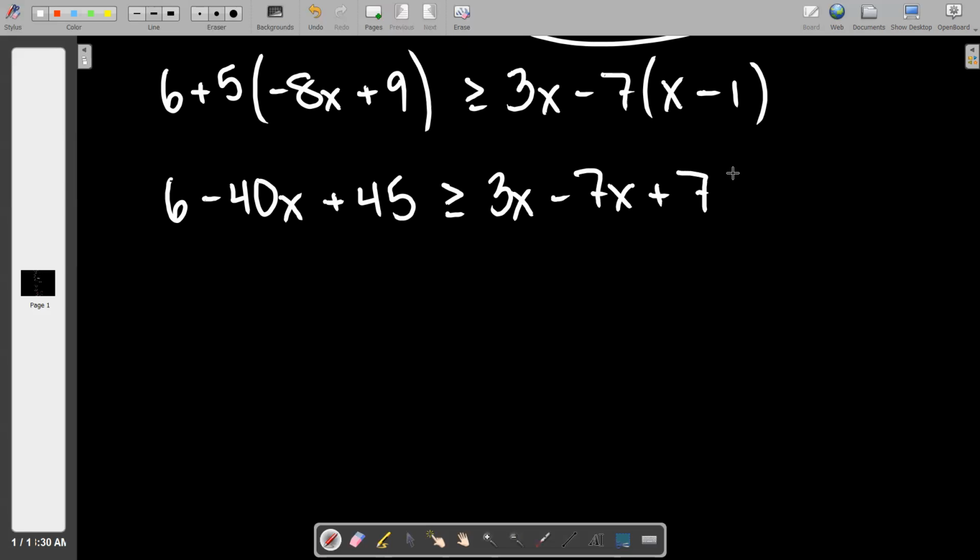We got it. Now we're going to combine like terms on the left, and we have 6 plus 45, which is 51. And then on the right side, we have 3x minus 7x, which is -4x. And then from here,